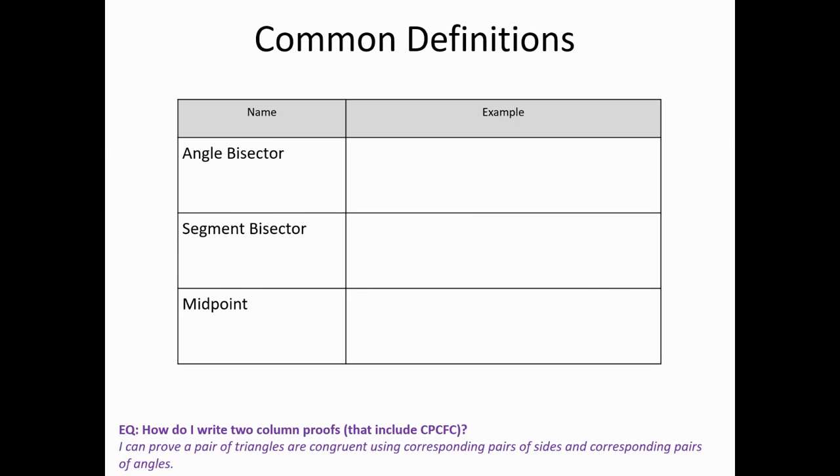All right, so then we have some definitions. This is not a full list. This is just a few that we come across pretty regularly. And I would ask you to possibly add to this as you find other definitions. I know there's some that we come across later that have to do with right angles. But for now, angle bisector, this is a line or segment